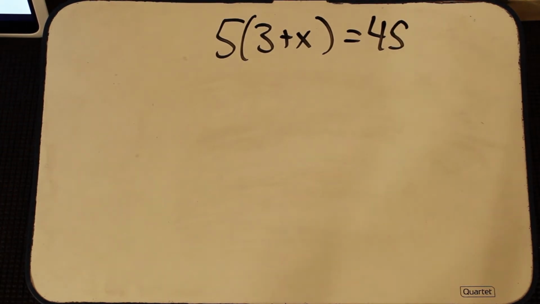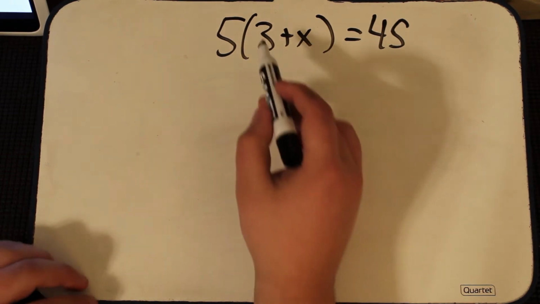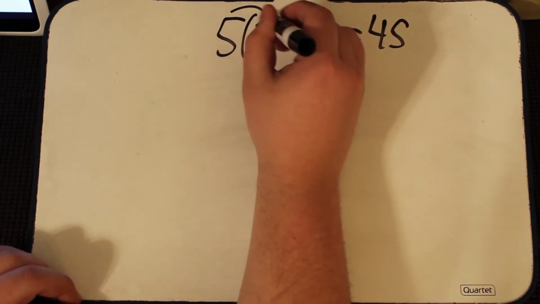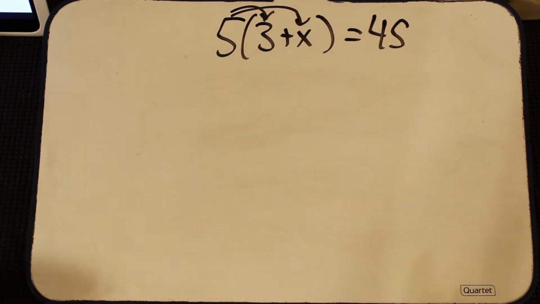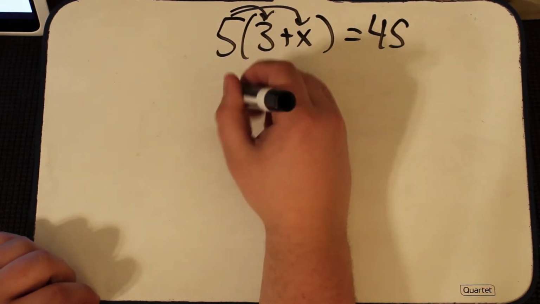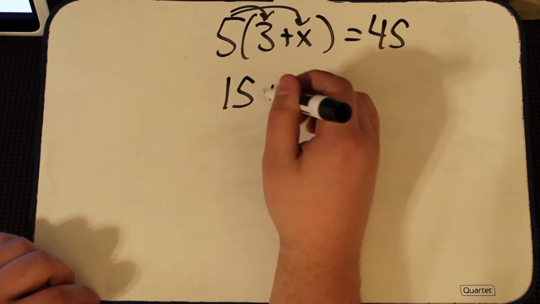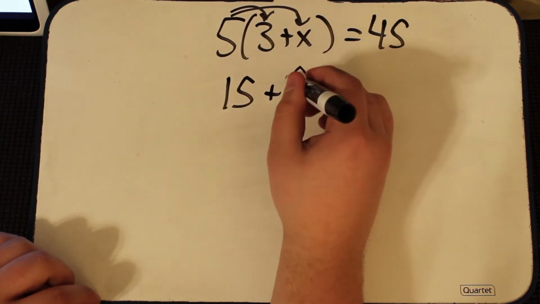Take a second, pause the video, work this out, come back. When I look at this equation, 5 times the quantity 3 plus x equals 45, I see that my 5 is multiplied by this entire quantity. So I'm going to distribute this 5 throughout what's inside the parentheses. I draw my arrows just for a good show. You don't have to do that. I just think it's good to show you guys what's going on. So we have 5 times 3, which is 15, and then 5 times x, both positive, so we keep our positive. 5 times x is 5x